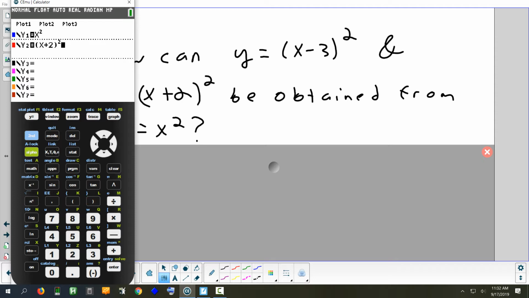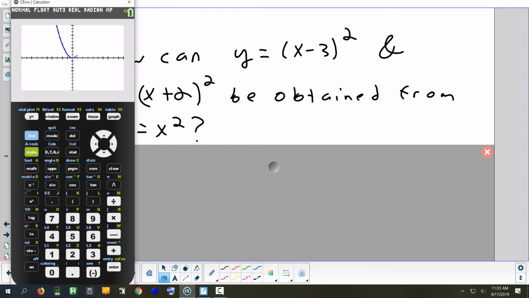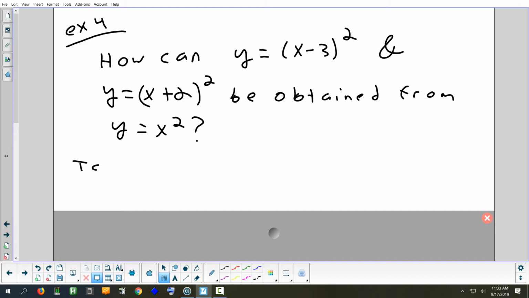Now why do you think left? Because usually when I think plus, like plus goes to the right. You just know, okay. So he is right. There's your original, and plus 2 is going to move it 2 units to the left. So minus 3 is going to move it to the right, which is kind of the opposite of what you would think. When I think of plus, I usually think it goes to the right, but it's not the way it works. So, for this one, to get y equals (x minus 3) squared,